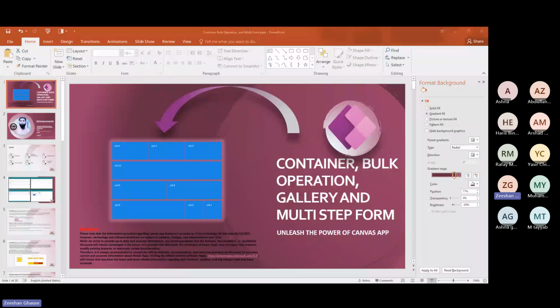So what's the difference? It's not like that, because in a group you can add anything, even things that don't make sense according to the logic. But in a container, as the standard, you should only add stuff that is related to the domain in one container, and then you can create multiple containers to group them. Then it becomes responsive as per the screen's layout and resolutions. So here is the difference between the container and the group: whatever you insert inside the group